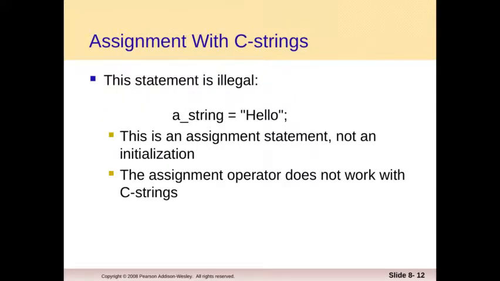Okay, slide 12. We saw that you can initialize a C string when you declare it, like we did with that C string message having a size of 20, and we initialized it to hello. That's possible, and that's basically the only real convenience that C strings offer. You can initialize a C string to a literal string constant,